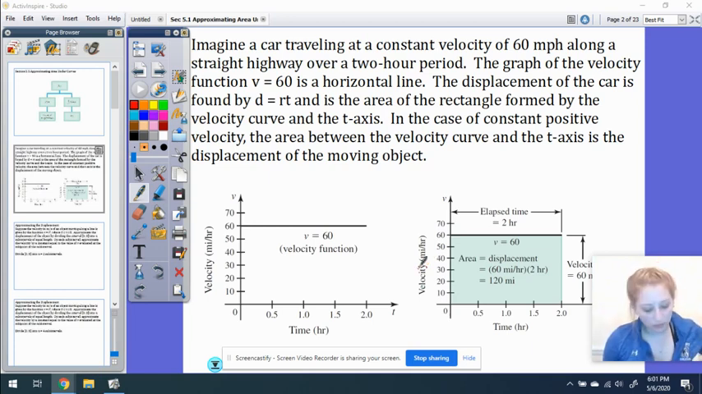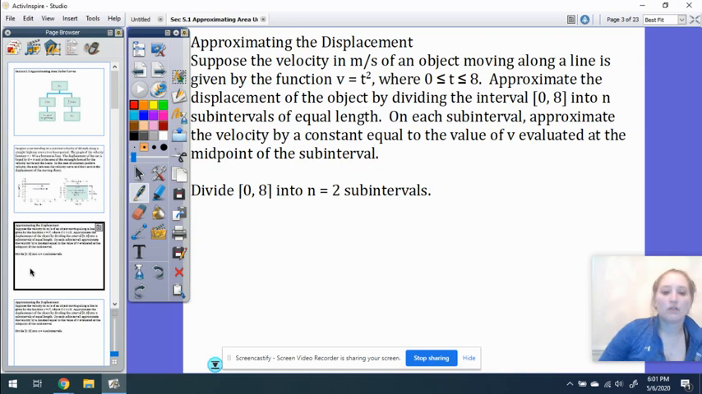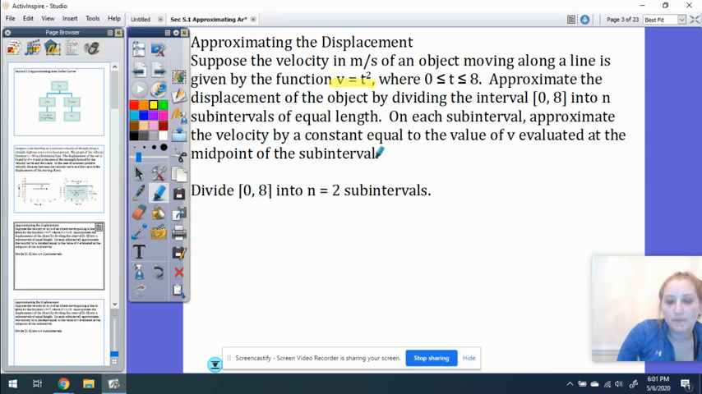Now, are we always going to be given nice graphs like that? And the answer is no. What happens? Okay, so we have a function v equals t squared. Our interval is from 0 to 8, and it wants us to approximate the displacement by dividing this into n subintervals of equal length. So in this case, n is 2, which means I'm going to divide this into 2